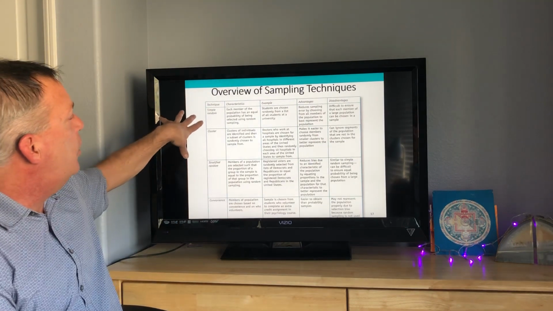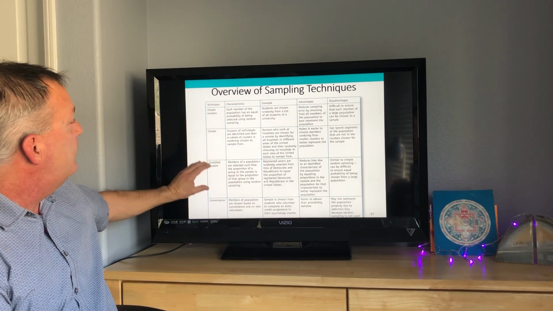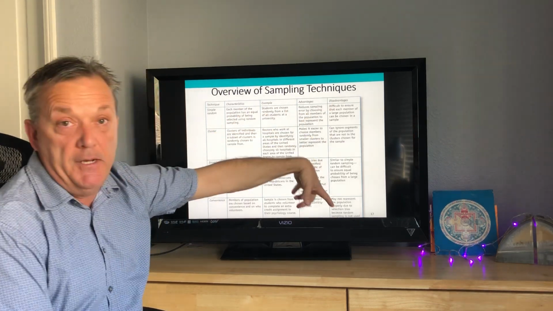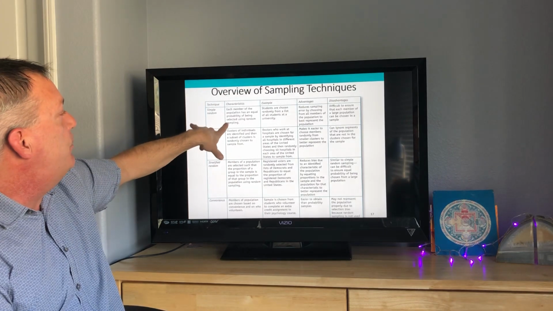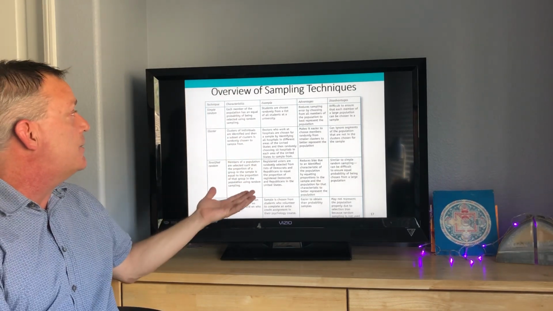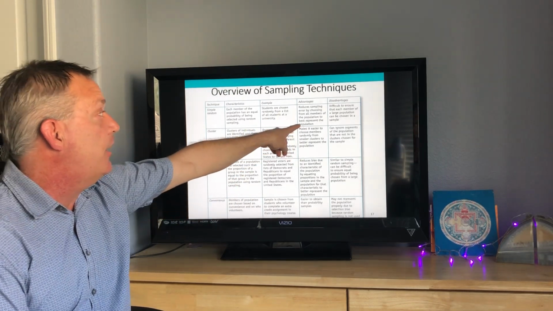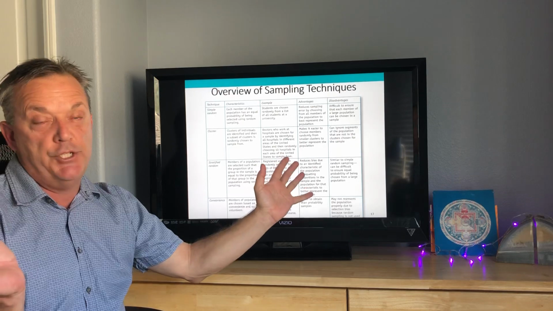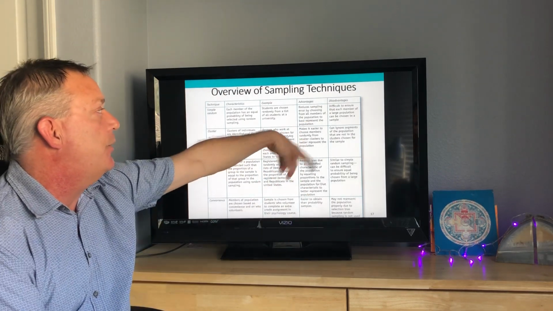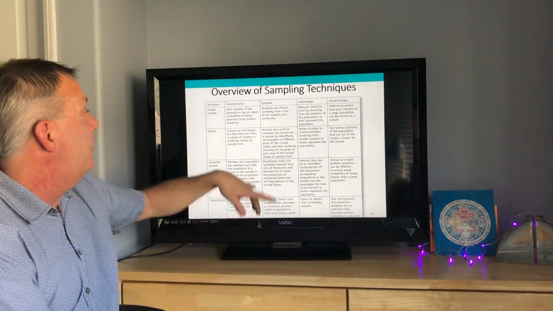This is kind of a cool overview of the different techniques of sampling right here, and some really cool overviews of the advantages and disadvantages. With simple random, remember each member has an equal probability of being selected from the population, and it reduces sampling error by choosing all members from the population to best represent the population, but it's difficult to ensure that each member of a very large population can be chosen in the sample,